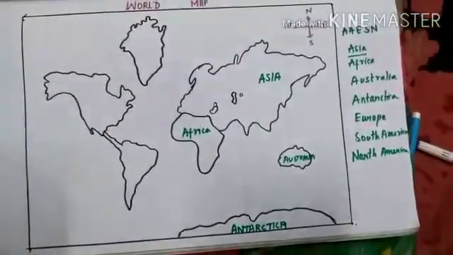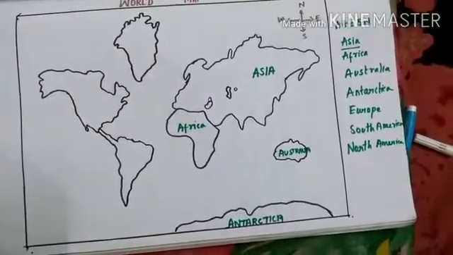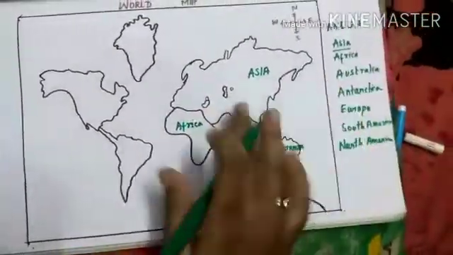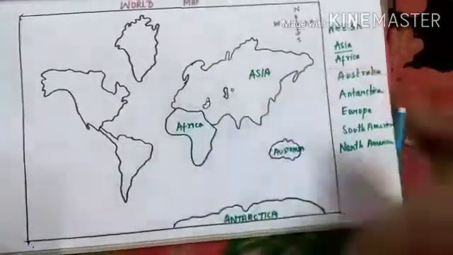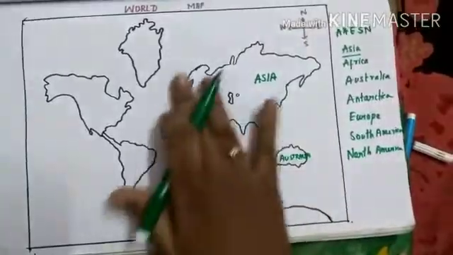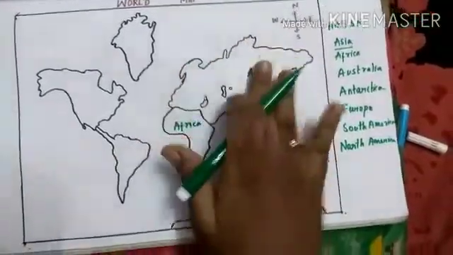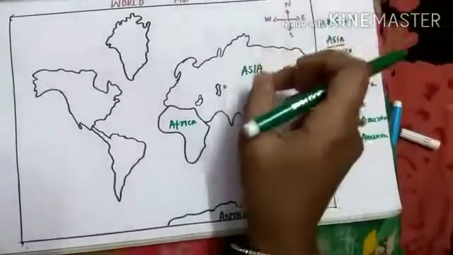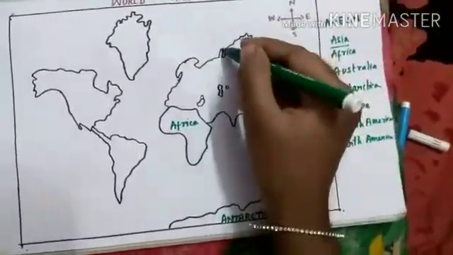Europe. This is a slightly tricky thing that you have to enter into your mind. You have to separate Asia and Europe. This full part of Europe and Asia is called Eurasia. For Europe, you have to separate it.